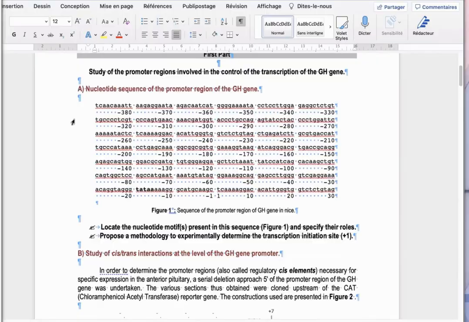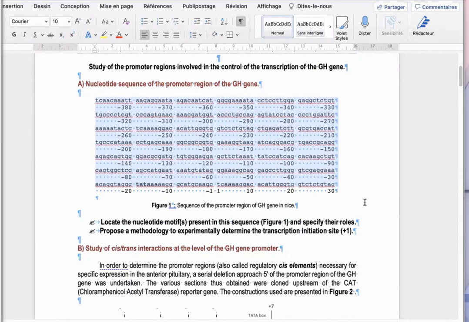The first data they show you in this exercise is the sequence of the GH promoter region. We are not going to answer all the questions, except if you really want to and if you don't know. So the first question asked with this figure is: from a promoter sequence,